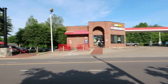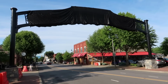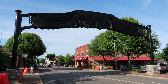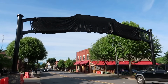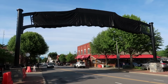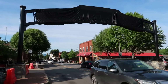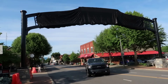So as you drive through, you will be able to see the arch as well as the mountains in the background. It's pretty glorious. Jacob and I are super excited about it. Yeah, it hasn't been here for 50 years. Tomorrow is the anniversary of when it was first erected 90 years ago. And so it's kind of a big deal, just saying. So here is Main Street today, and tomorrow,